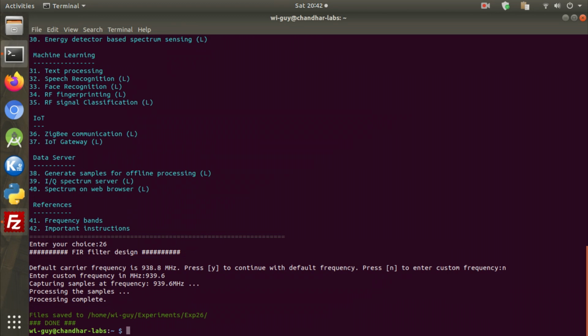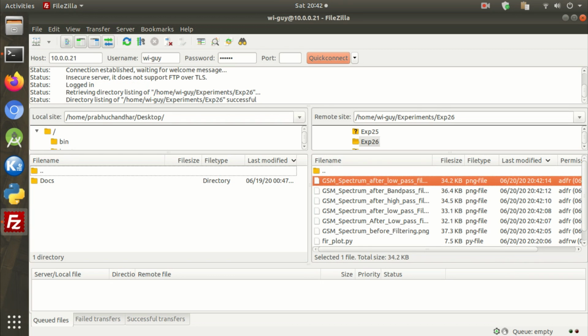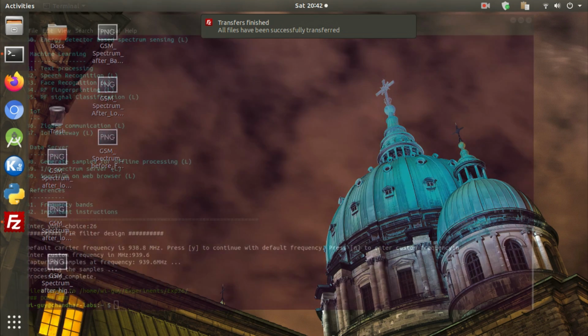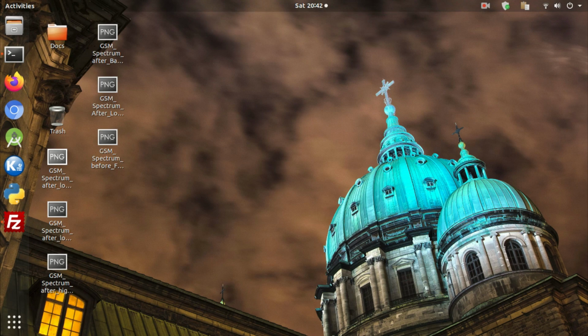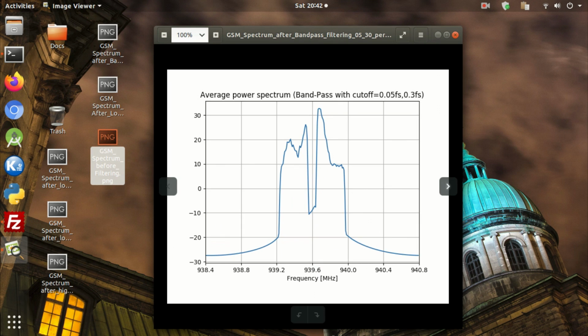When the processing is done, transfer the files from WiGuide to your computer. This is the spectrum of the captured samples before filtering operation. This one is after applying band-pass filtering with lower cutoff frequency equal to 5% of the sampling frequency and upper